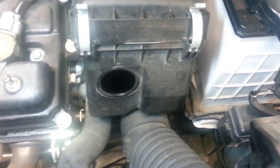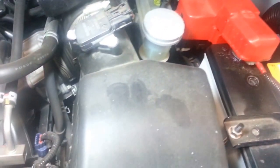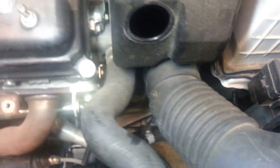Clutch fluid flush. This is the master right there. The clutch master is built into it. So I want to get to the bleeder valve there, and I think it's under this airbox. I can't see any access to it, so I think the airbox has to get removed. So you've got to remove this bolt right there. That's a 10 millimeter, and then down there,